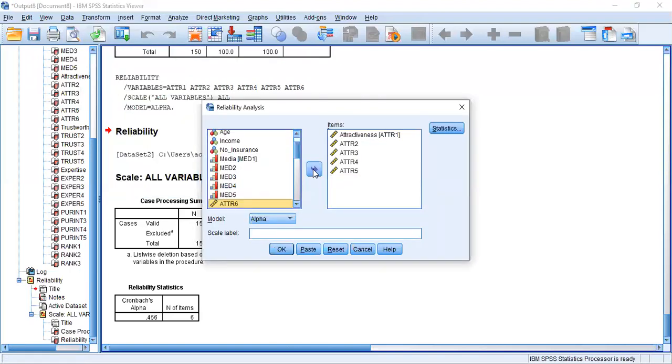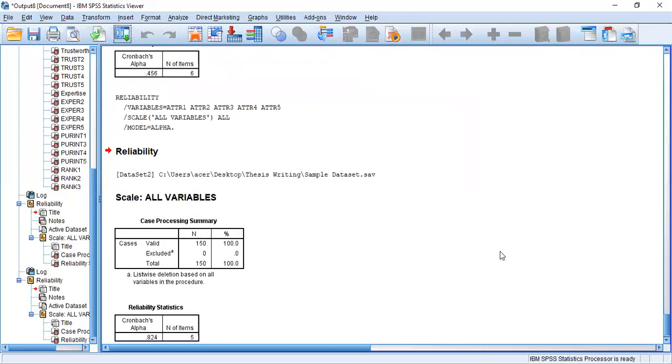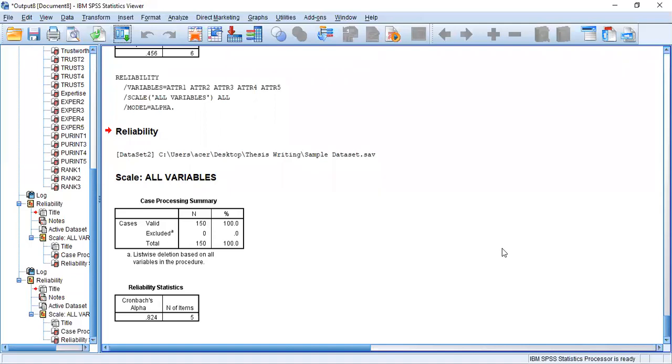Here, I just remove the inappropriate item and run the analysis again. Now you can see the Cronbach's alpha value is up to the standard and it is more than 0.7. Likewise, you can check all the reliabilities of your desired variables.